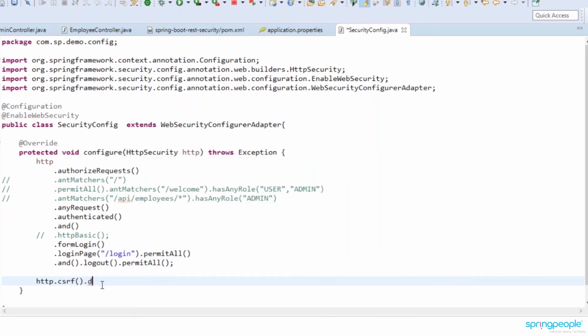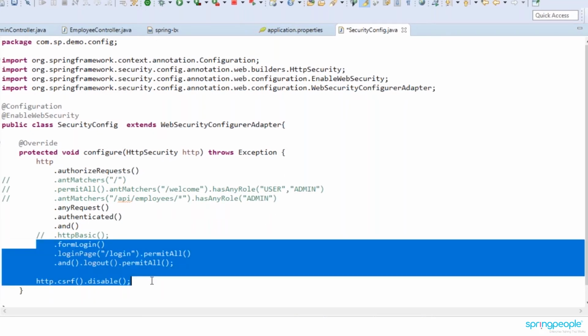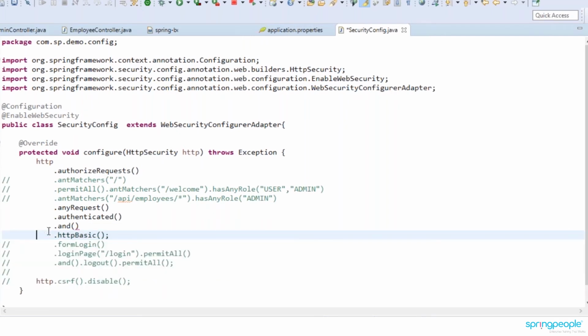So whatever default login page was coming will be disabled, and it will take care of the login request which you want to access. Like this, you can customize your security. You can provide your security, customizing how you want to configure your login and logout. That way the basic security will be taken care of.